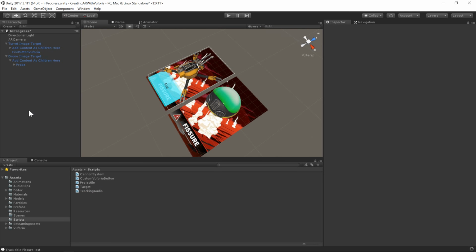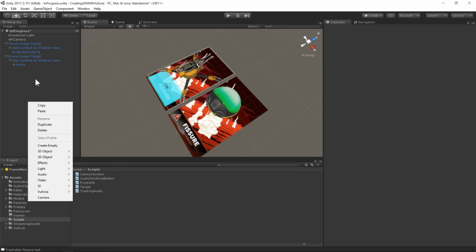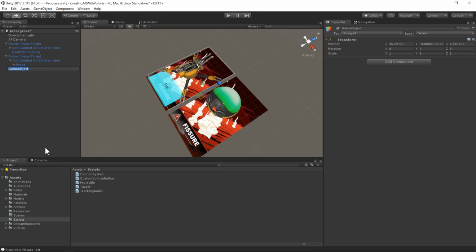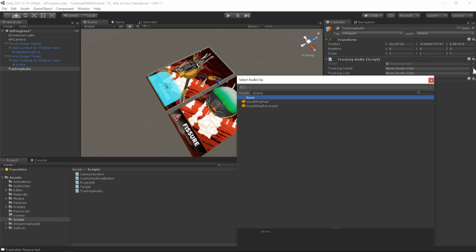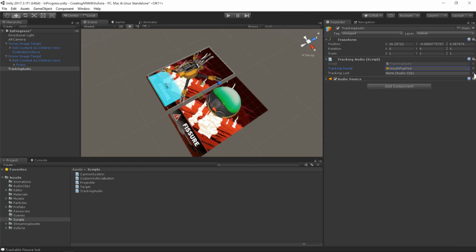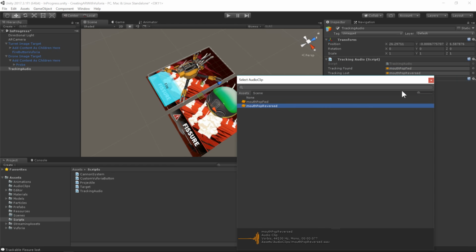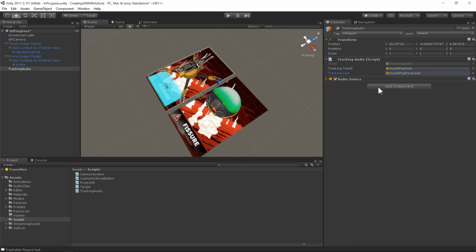Let's wire this all together. From now on, because we have Unity events, we can just do everything else in the editor. So I'm going to create a new game object here, and I'm going to call this tracking audio. I'm going to drag on that tracking audio component I just had, and we can see here that it has space for two audio clips, those two public members. And we're just going to use this mouth pop sound when something appears, and a mouth pop reversed when something disappears. So now we have the ability to play the audio,